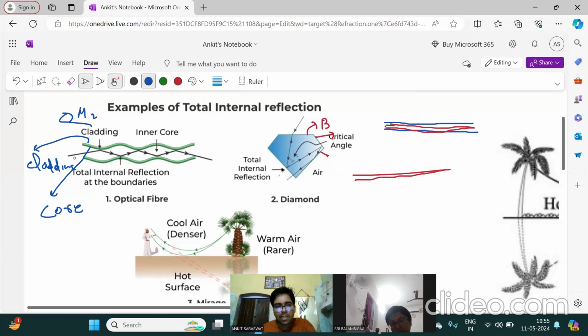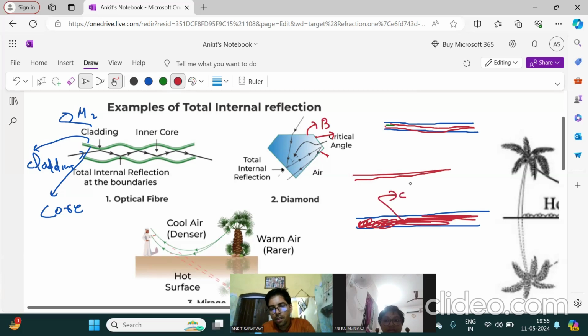So once light strikes like this, it should go from core to cladding. See, this is cladding and this is core. This is the cladding material, the outer layer. Clear? And this is the core. So once light has entered like this,